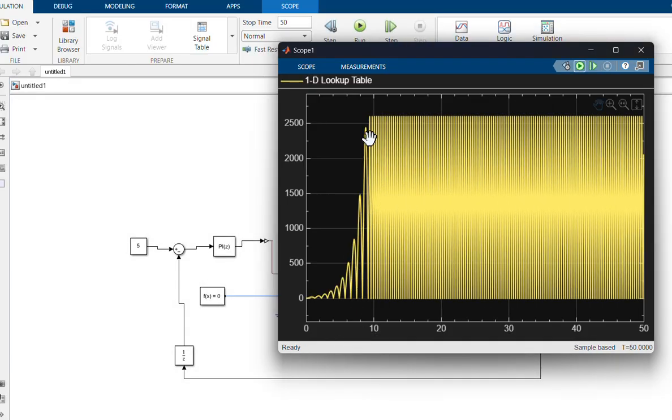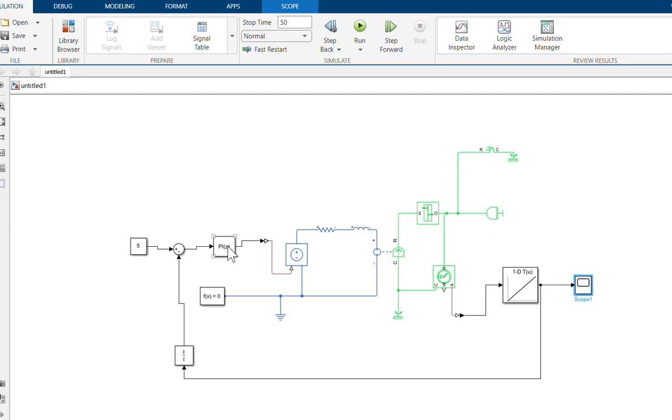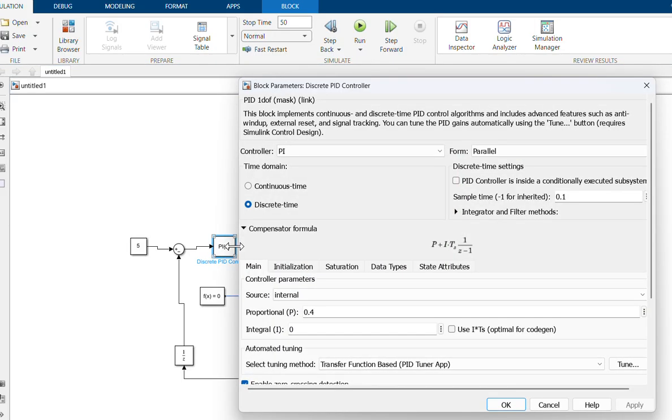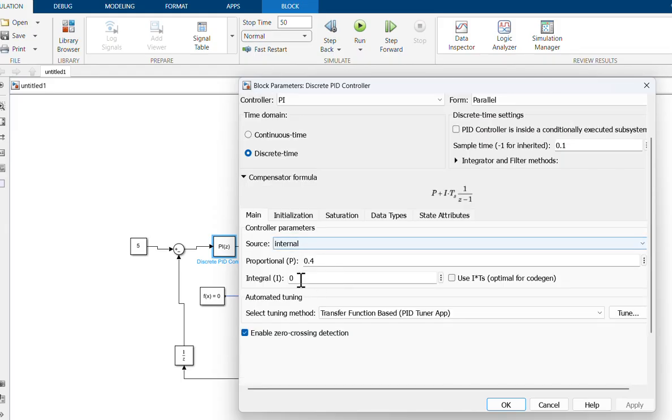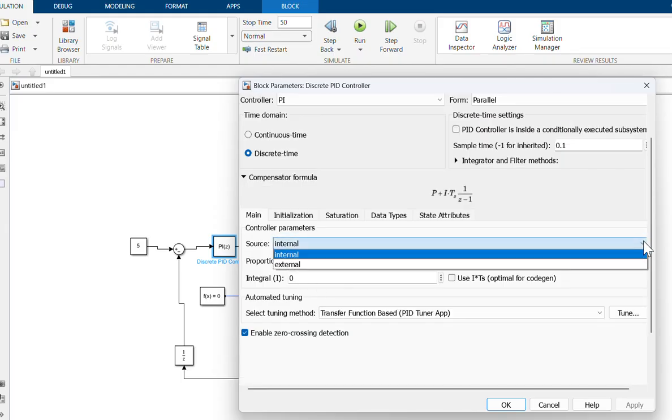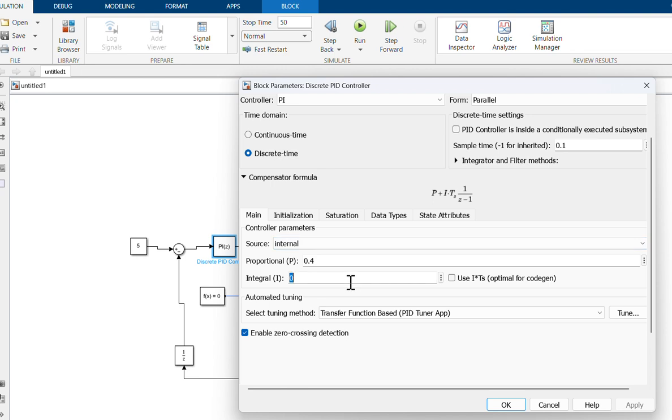Maybe we can add the integral value. Okay, it helps us to hang out the output value.